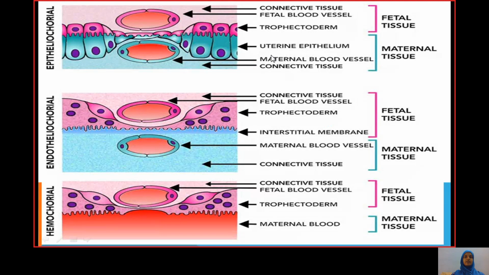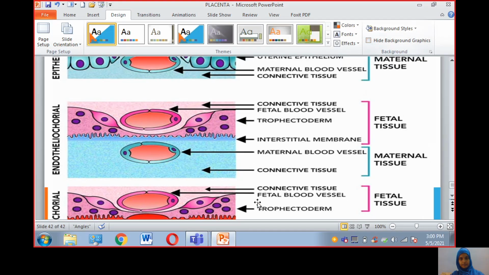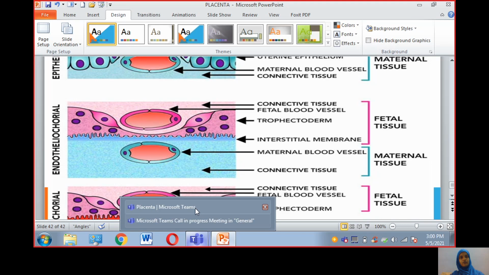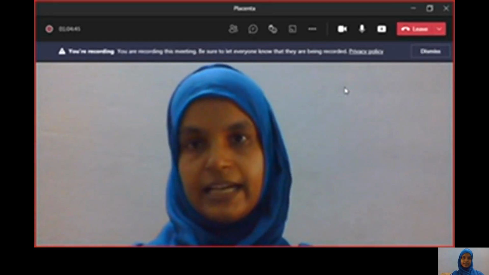placenta. In this figure, clearly you can see the epitheliochorial placenta, endotheliochorial placenta and directly hemochorial. Blood sinuses will directly bathe the chorionic membrane. The chorionic membrane bathes directly in the blood sinuses of the mother. This is about the different types of placenta. I think you got an idea about these placenta types and structures. If you have any doubts, please put them in the comment box. We'll discuss later.